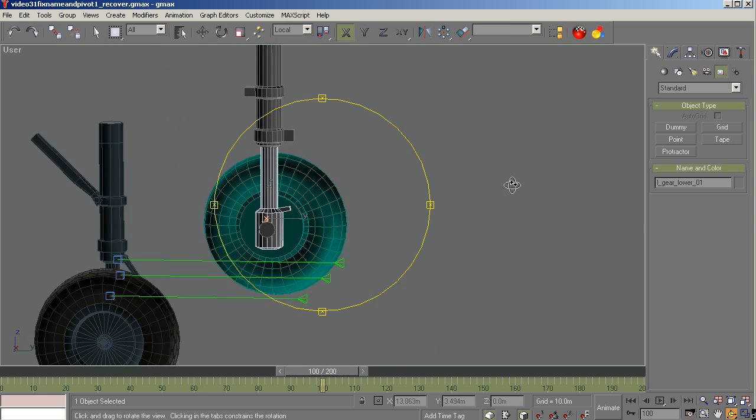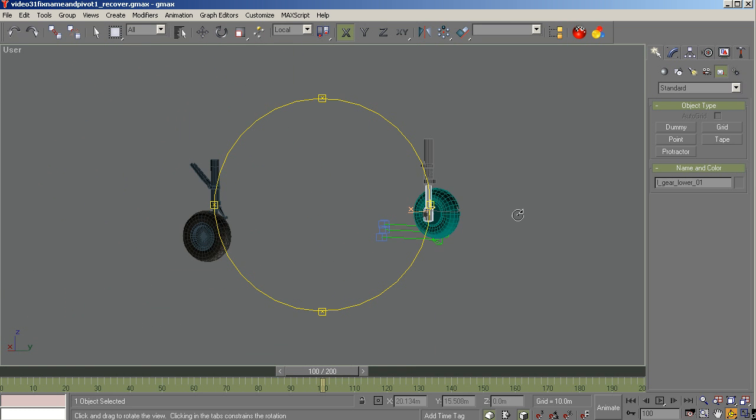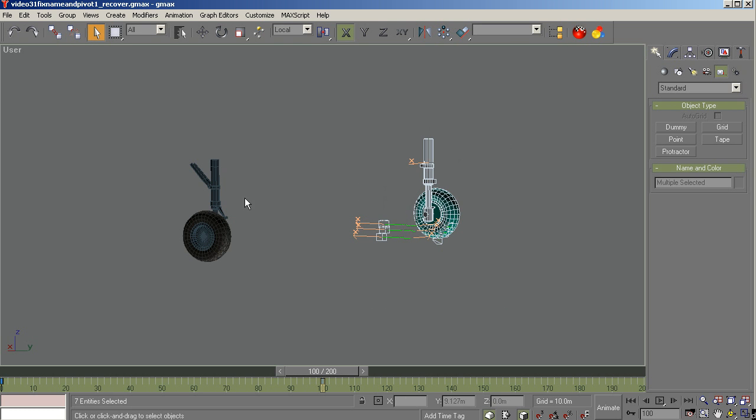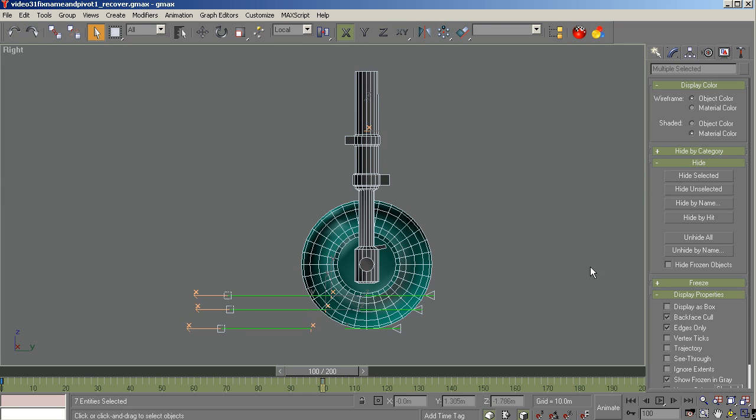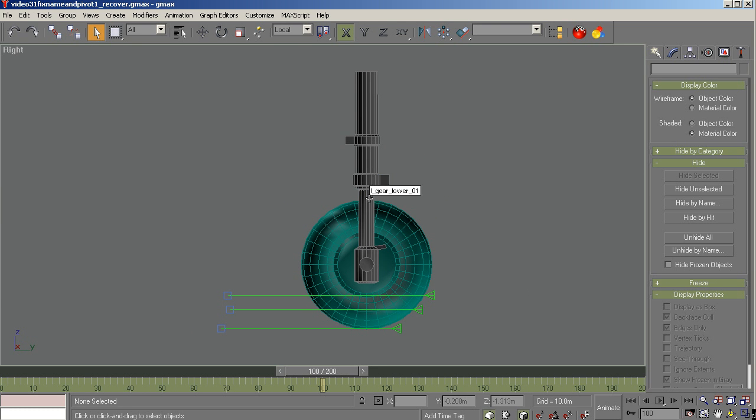If we can't do it, well, let's see. I suppose we could hide all this stuff now. Actually, we could hide that. Whoops, wrong one. Thank goodness for an undo, huh? Hide unselected. Now we can look at it from the right side and see our lines, and also see how